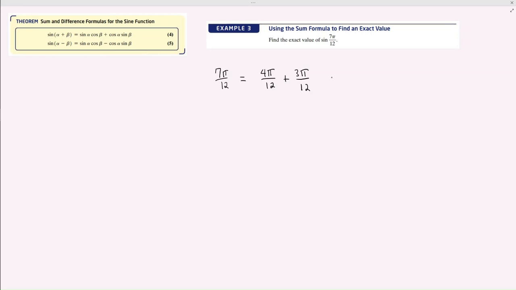And when I reduce these, we can see that 4 pi over 12 reduces to pi over 3, and 3 pi over 12 reduces to pi over 4. Okay, now pi over 3 and pi over 4 are on the unit circle, so we can apply the sum formula. So sine of pi over 3 plus pi over 4